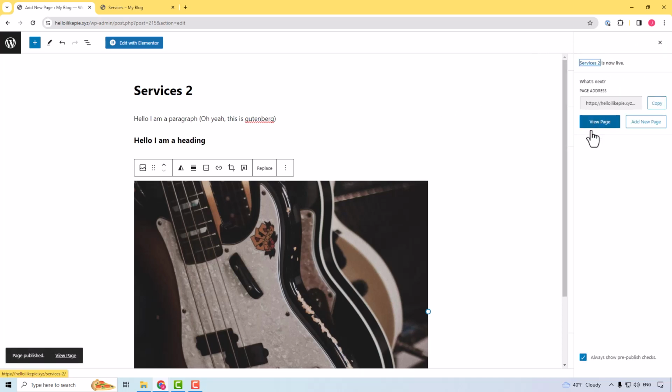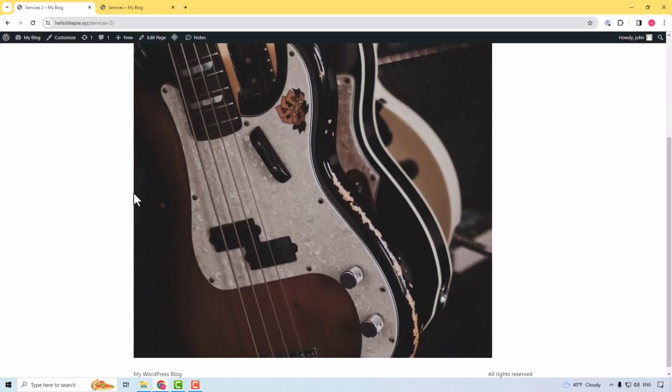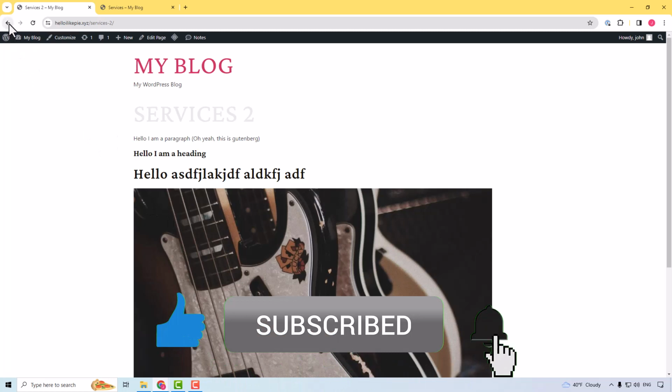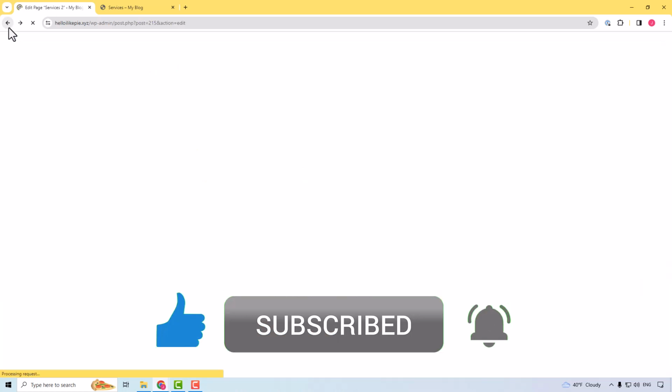So we can see here it says on the bottom left, services -2. So I'm going to view it. And here is our page. And so that is pretty much the Gutenberg. It gets a little bit deeper than that, but I think that should be good for now. I'm going to go back,